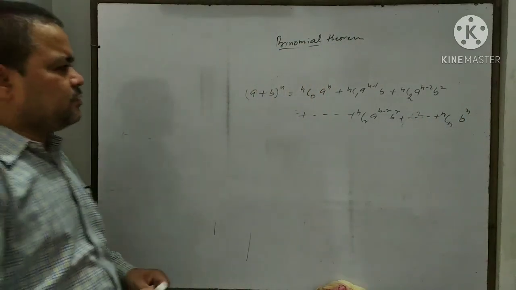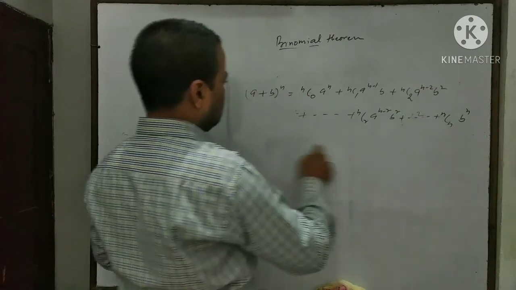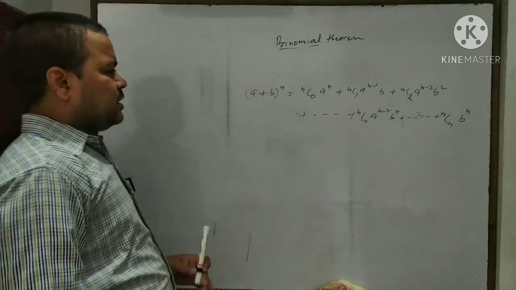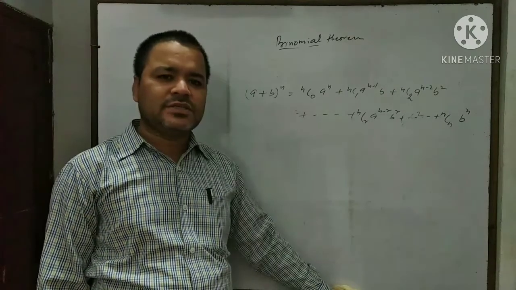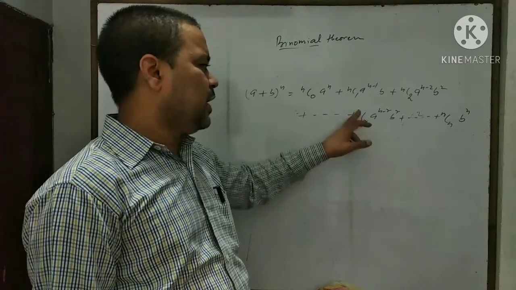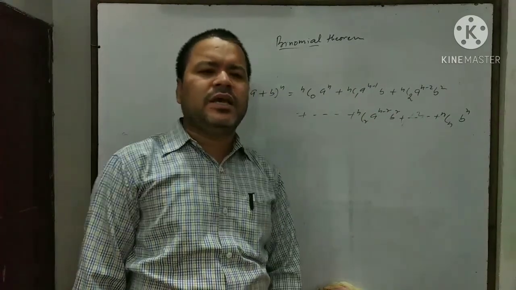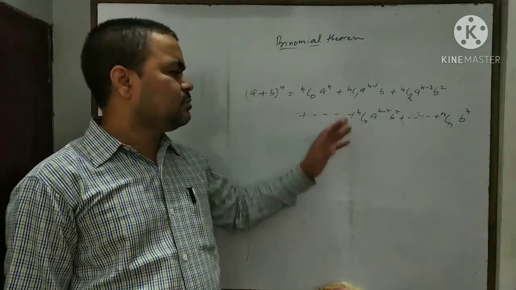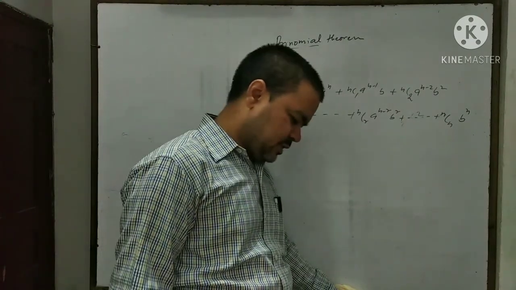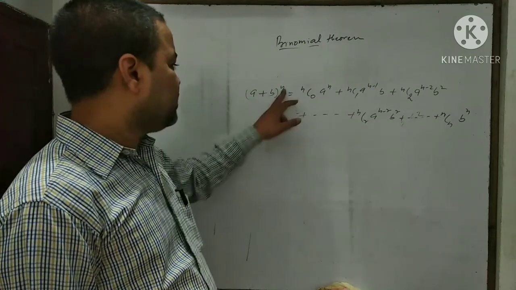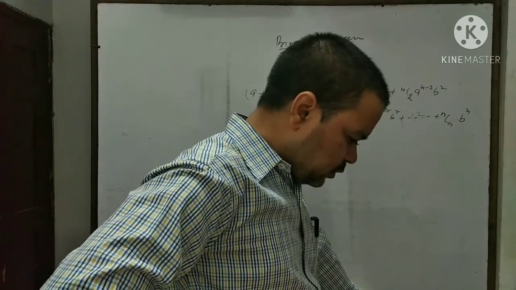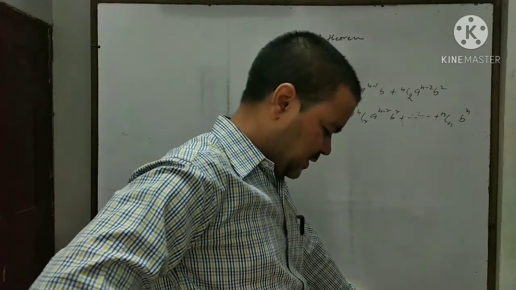In this way we can represent this. This is the basic expansion of a binomial when the index is n, where nC0, nC1, nC2, nCr up to nCn are called the coefficients of this binomial expansion. They are called binomial coefficients, where this n belongs to the natural numbers. So in this way we can explain it.